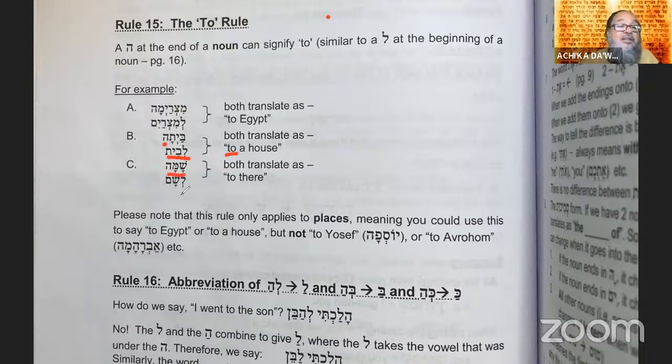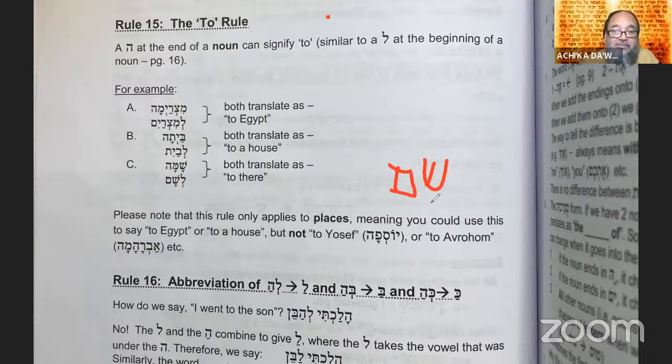Shema. I know you've heard this again. Shema Yisrael. It's a different Shema. This Shema is not the same as this Shema. Okay. So Shema and Shama. You've got to hear it. Shama means to. To where? To there, because sham means there. It looks like shame, you know, but